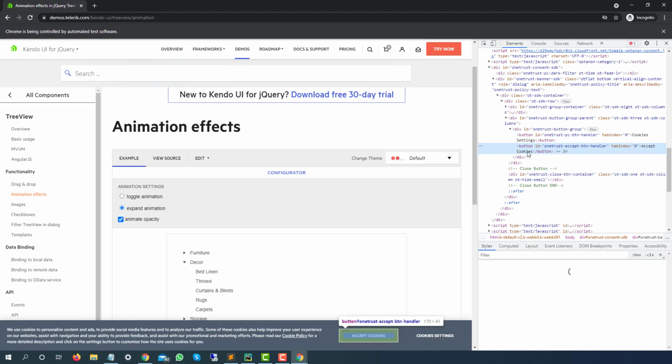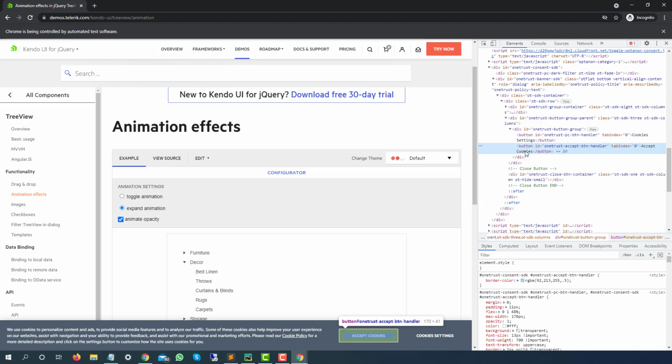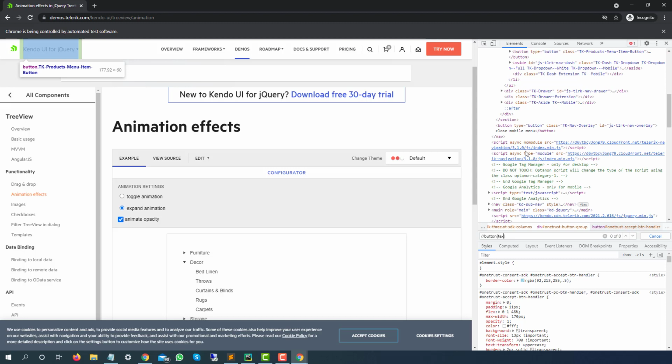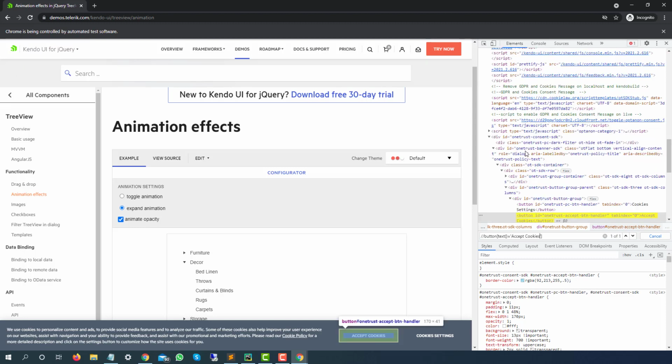Okay, so the text which is coming on the screen is accept cookies, and it is coming inside a button. So I will copy this and I will say find a button which has a text equal to accept cookies. Now the problem with this particular element is that sometimes it will not come. So you cannot use find element. Even if you want to use it, you have to use it with try catch.